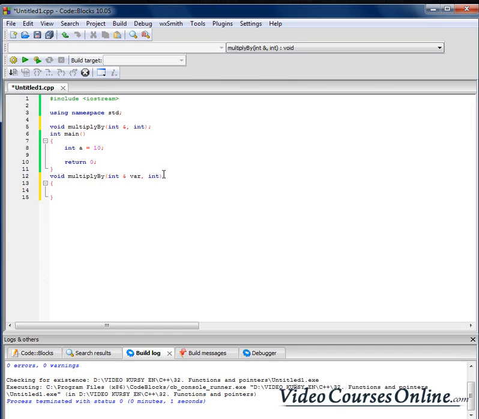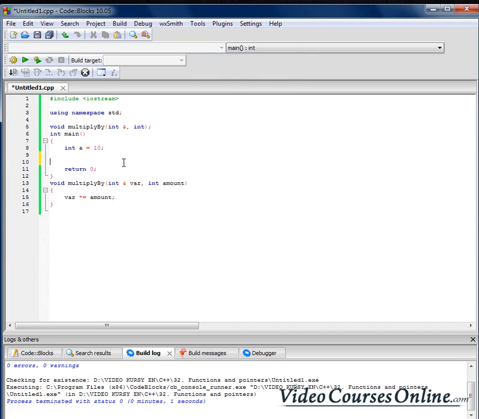Here we have the variable that we want to multiply by something, and here is the amount that we want to multiply by. Because this is a reference, the definition and initialization look like that, equals a, and now the var is just the nickname for a, right? And because of that, when I do something like that, I am changing the value also here,